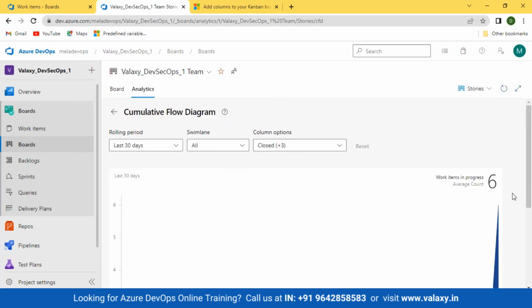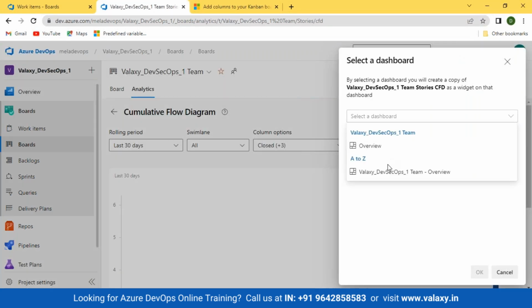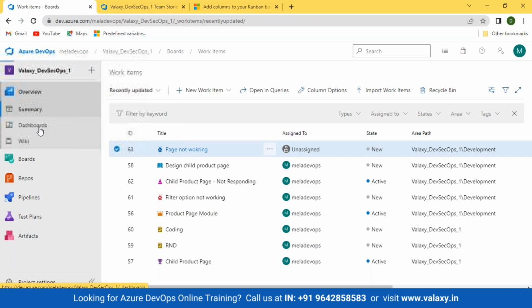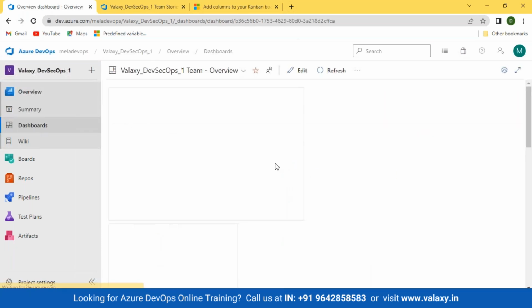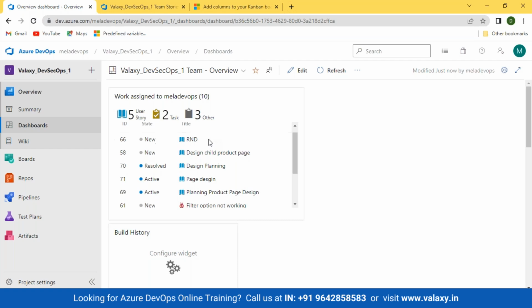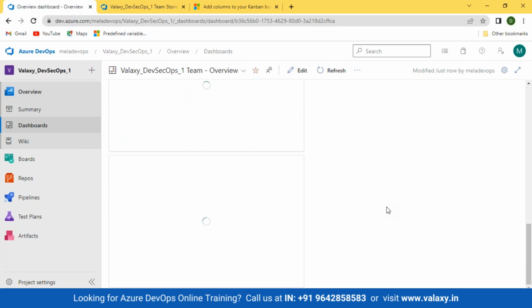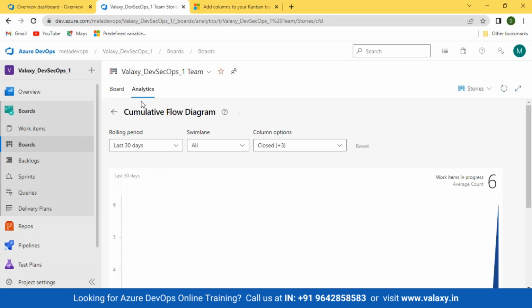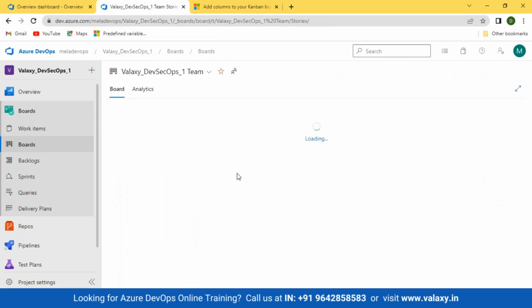Now you want this flow diagram to be visible to your complete team. You can copy it to your desktop. We have created a desktop, correct, initially. Now you can go to your desktop and you can view this. See, automatically your work assigned to this person is reflecting. And where is your diagram? Will come, see, this is your cumulative flow diagram. So this is how you can start putting things on your desktop. Okay,